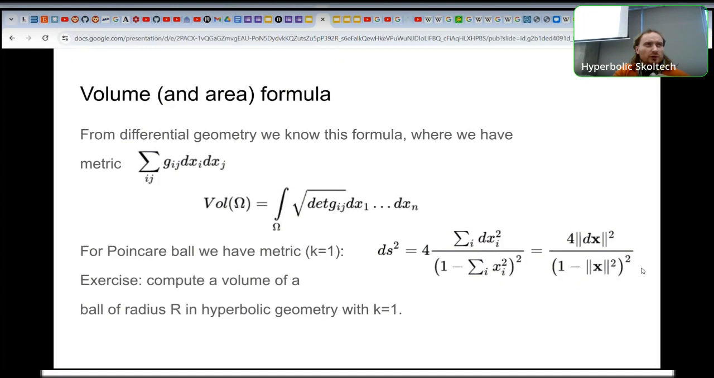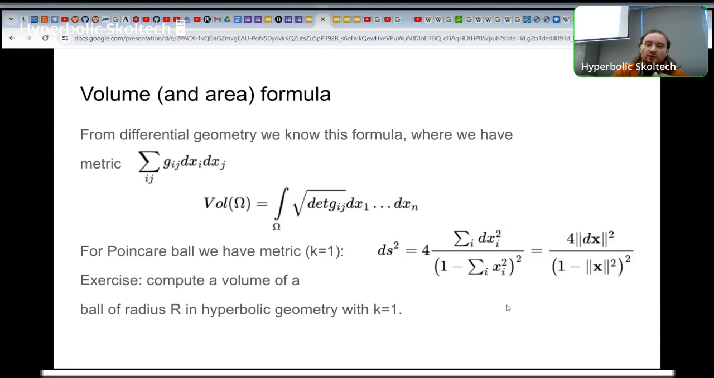Yeah, or probably 1 over k, or I forgot. But let me think about it. So, ball of radius k. So here you should divide by k squared. No, here you don't. Okay. So actually, that's an interesting formula for computing the volume of a ball of radius r in hyperbolic geometry,